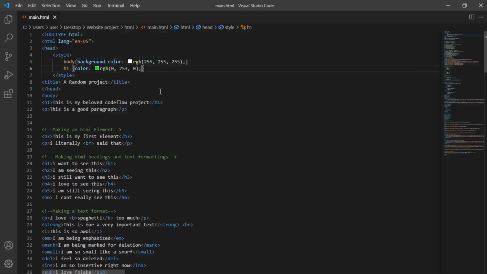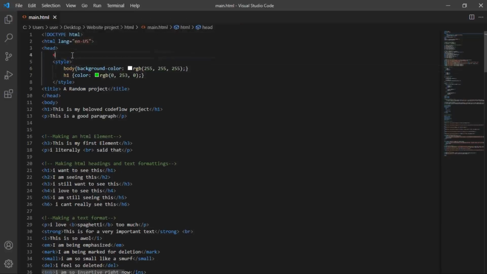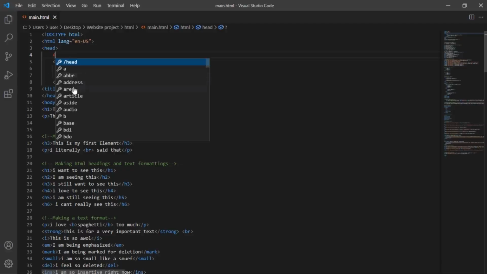Now about the external one, let's give it a go. So how does the external CSS work? It is just to define the style of many HTML pages, okay? And to use an external style sheet, we add a link to it in the head section of each HTML page, okay? So now this is the head, and right in the head too, we can also give it a link to some external style sheets. To write it we use the link